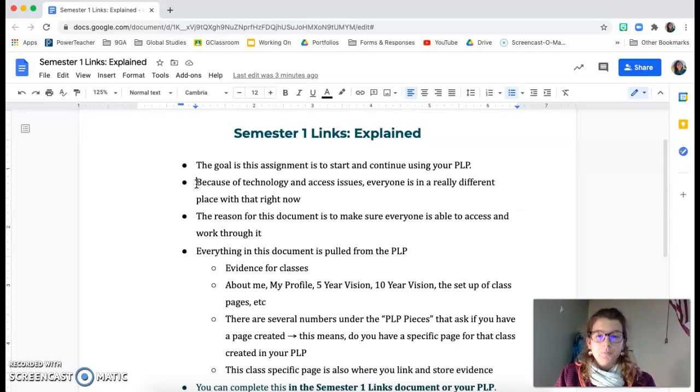So that gets us to the reason for this document, which is to make sure that everybody's able to access and do the work that the PLP coordinators are asking advisors and the Ninth Grade Academy teachers to help you do. So that no matter if you're in your PLP or if you're in the document, you can still get the work done, so that you don't come to your semester 2 classes or your sophomore year